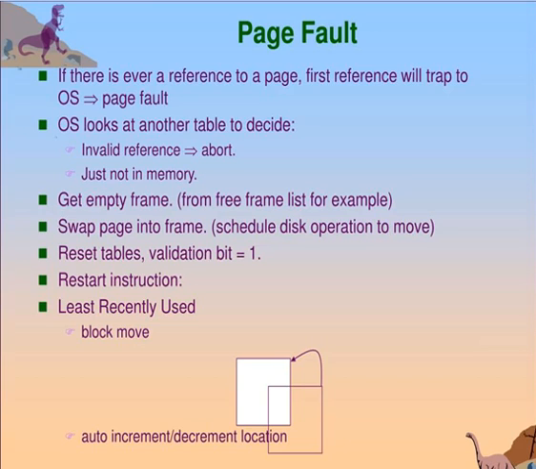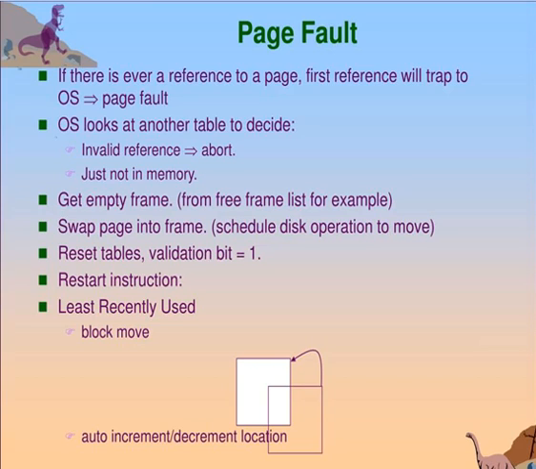The hardware to support demand paging is the same as the hardware for paging and swapping. Here we need to consider two different things. First, the page table. This table has the ability to mark an entry invalid through a valid-invalid bit or a special value of protection bits. Second is secondary memory. This memory holds those pages that are not present in main memory. The secondary memory is usually a high-speed disk. It is known as the swap device, and the section of disk used for this purpose is known as the swap space.